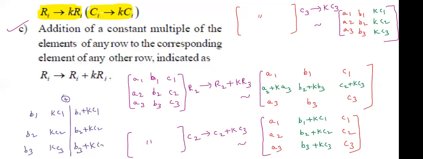This is the operation when we are doing a column operation. Rows means top to bottom. Columns means left to right. We can add or subtract, whatever it may be. I think all of you have now understood how we are calculating these elementary transformations.